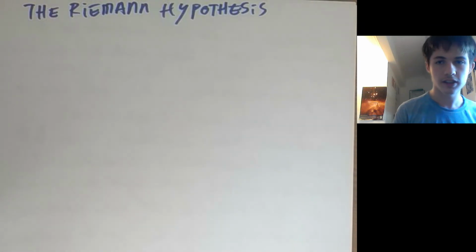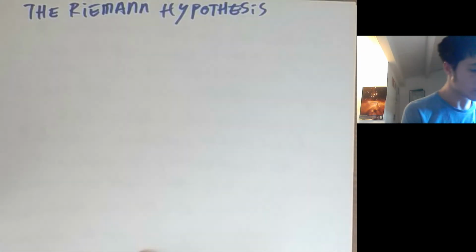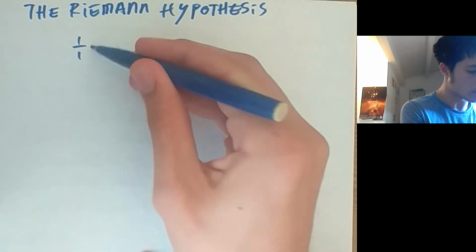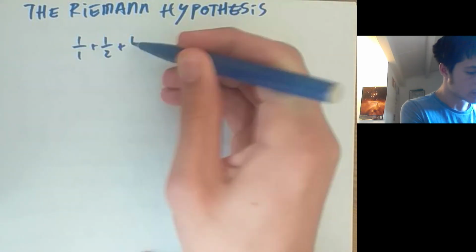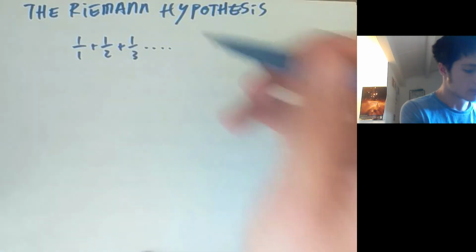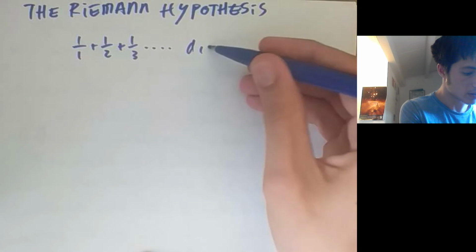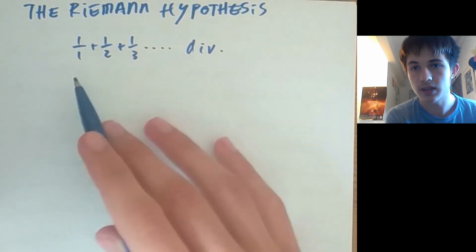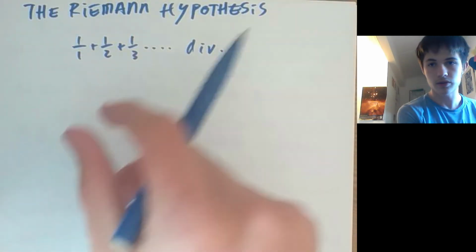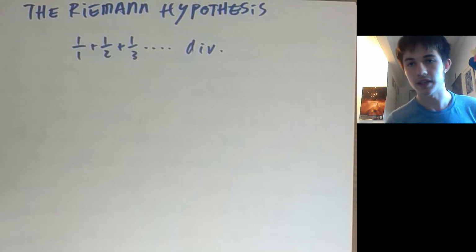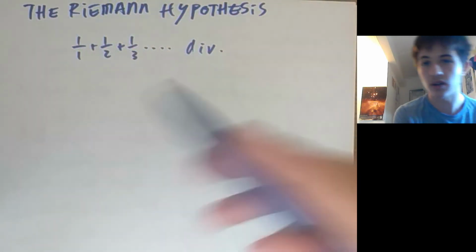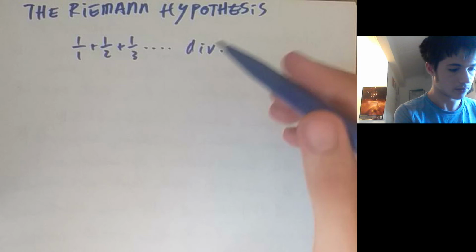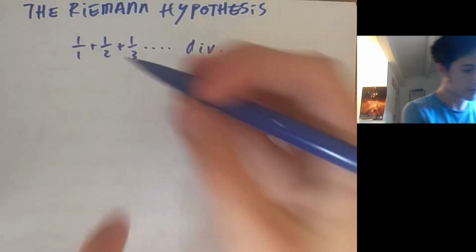So actually, in the last video we talked about how the series 1 over 1 plus 1 over 2 plus 1 over 3, etc., diverges, and you can show this easily by bounding first 1, and then 2, and then 4, and then 8, and then 16 terms all below by a half, and then it diverges. And we saw that